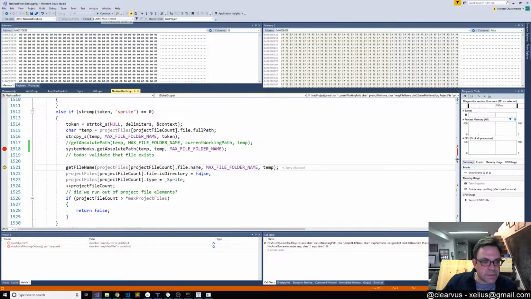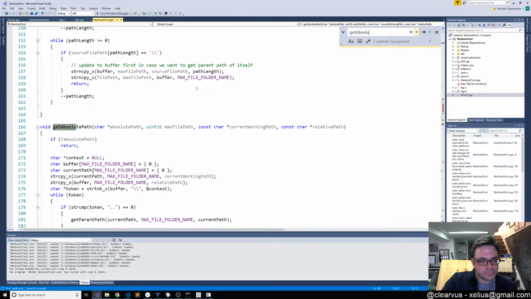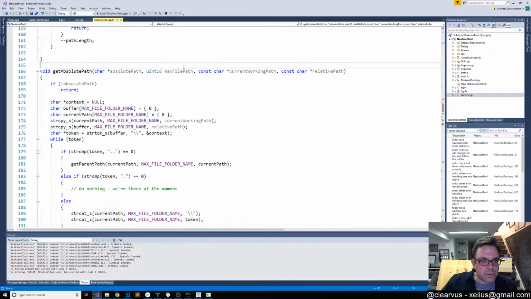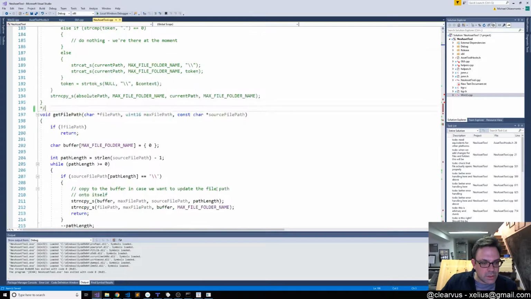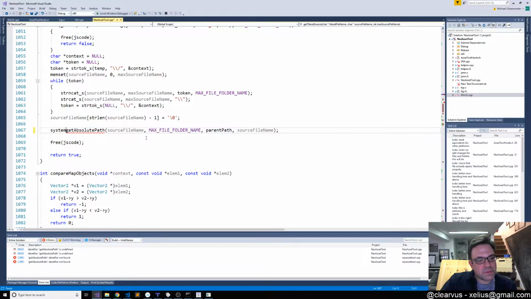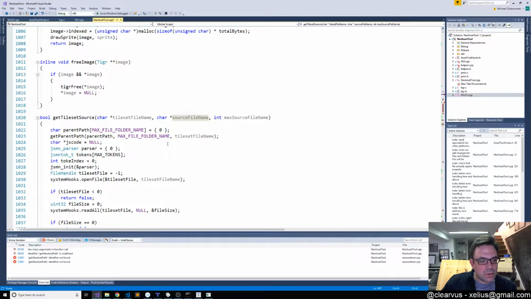Cool. So let me stop this for a second. You can actually get rid of this call because this was me sort of manually pulling this all together. You know what? I'll comment it out in case I ever need it. I don't think I will for anything else, but doesn't hurt to keep it around just in case. System hooks dot get absolute path, and then it is, so let's see. So the parent path, and then source file name, and then what is the length of,